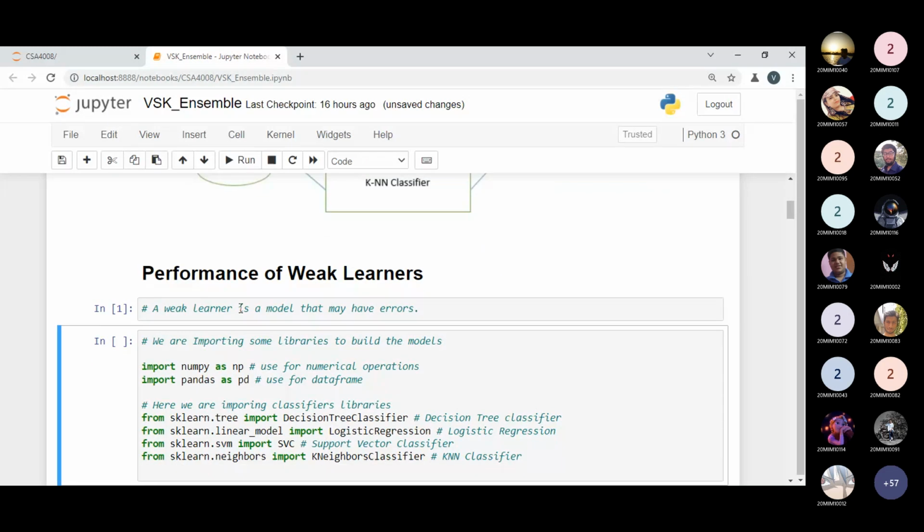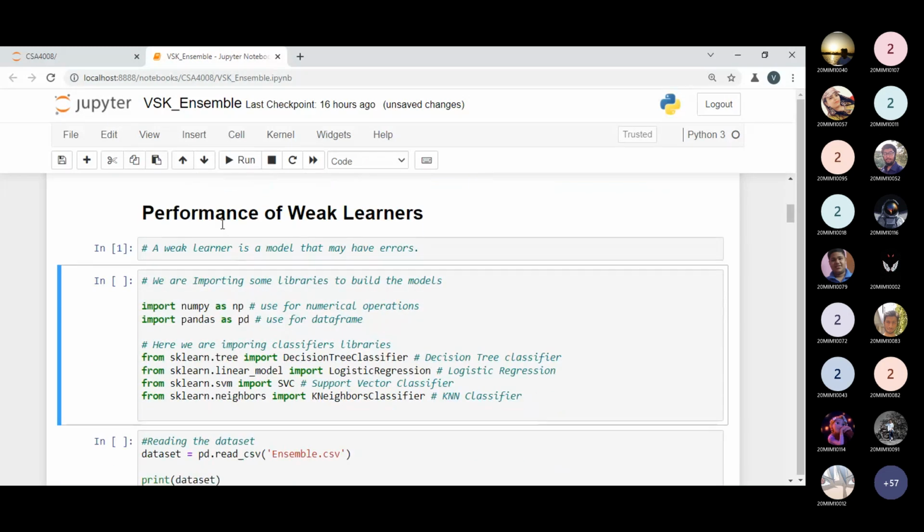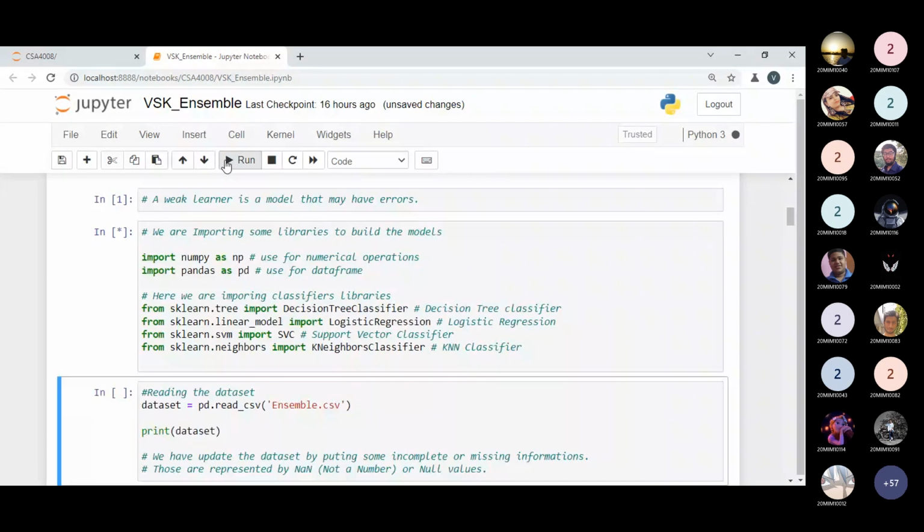Now, what is our first step? Of course, our first step is to import the important libraries. Here I'm importing the NumPy library, for numerical operations, if applicable, else no issue. The second library, as we have used many times, is pandas, which will be used to make the data frame.